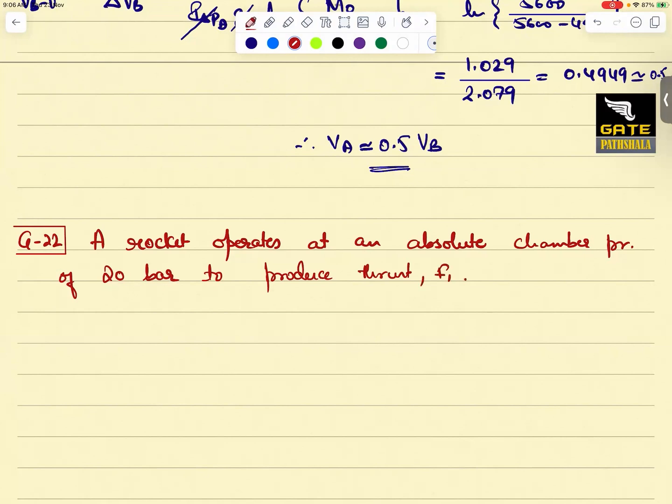The hot exhaust is optimally expanded to 1 bar absolute